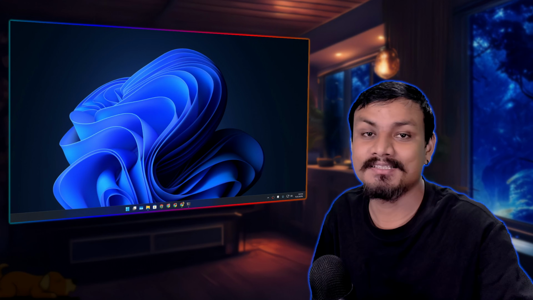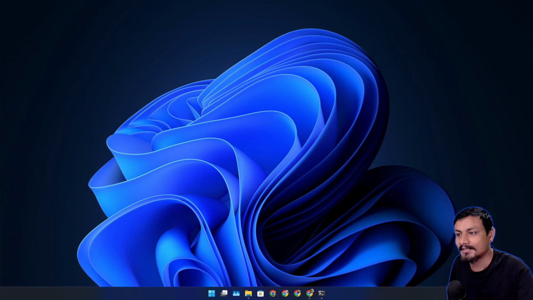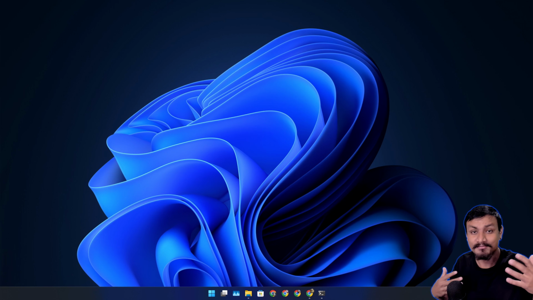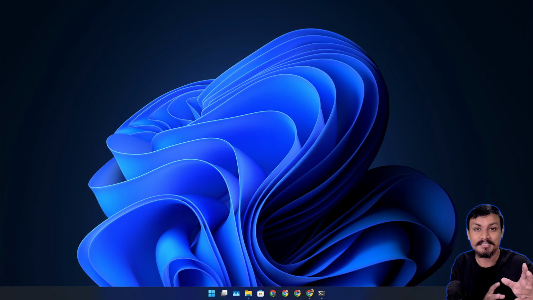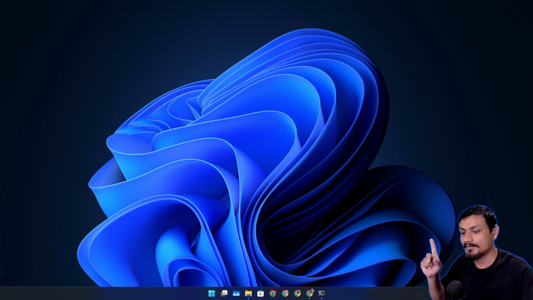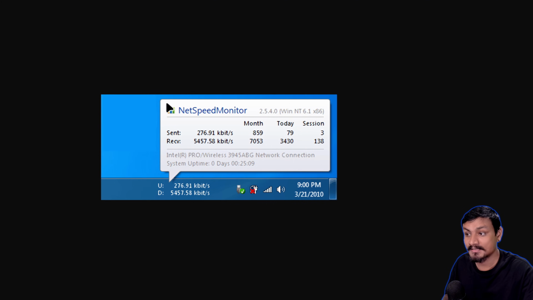I literally had to make a hole in Windows 11. Let me explain why. So today, instead of this video, I was supposed to announce a new free and open software made by me. It's a system monitor that shows internet download and upload speed plus GPU, CPU, RAM, and temperature on the taskbar. There is this really popular program, or let's just say was, called NetSpeedMonitor, which used to